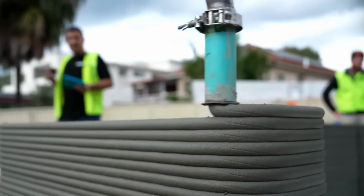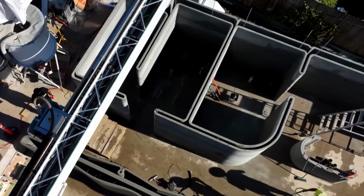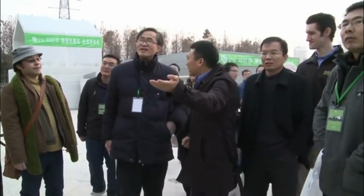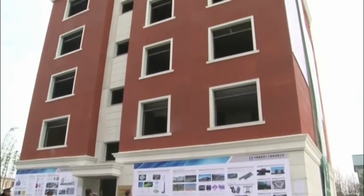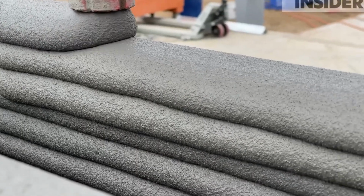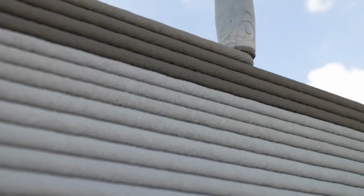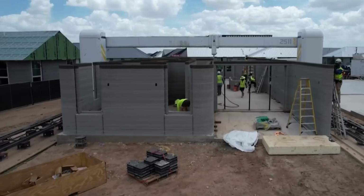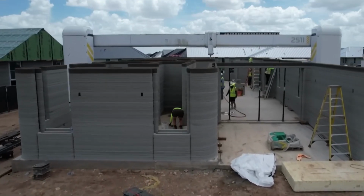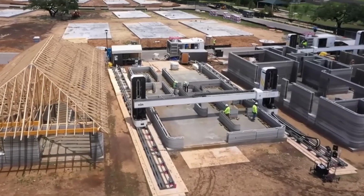Not only does it reduce waste by using only the materials needed, but it also significantly cuts down on labor costs and construction time. In places like China and the Netherlands, entire neighborhoods are being built using 3D printing technology. This method is not only faster, but also more cost-effective, making it a viable solution for affordable housing. As the technology evolves, we could see 3D printing becoming the norm in construction, especially in areas with labor shortages